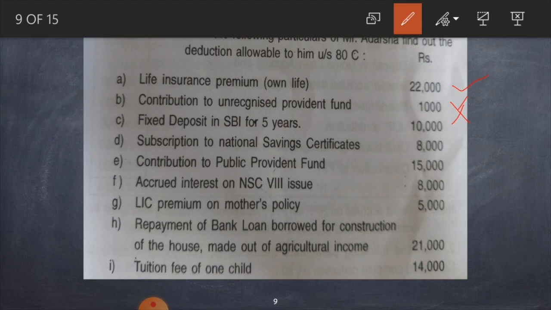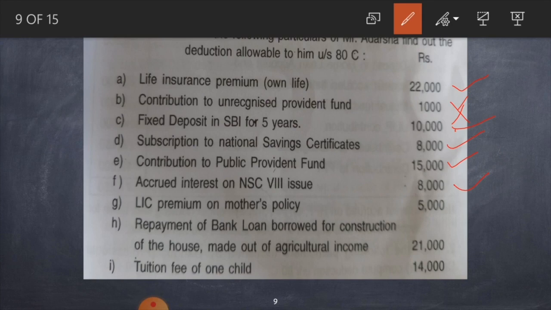Next, fixed deposit in SBI for 5 years, that is in a scheduled bank, is eligible. Next, subscription to National Savings Certificate, that is NSC, is eligible. Next, contribution to public provident fund is eligible. Next, accrued interest on NSC 8th issue is eligible. I already told you, the subscription to NSC and interest accrued is also eligible because here interest